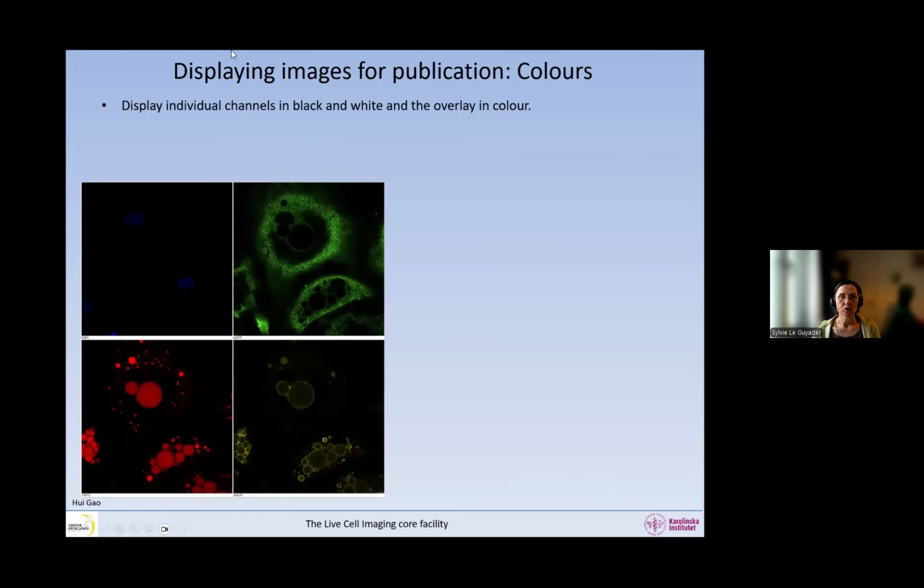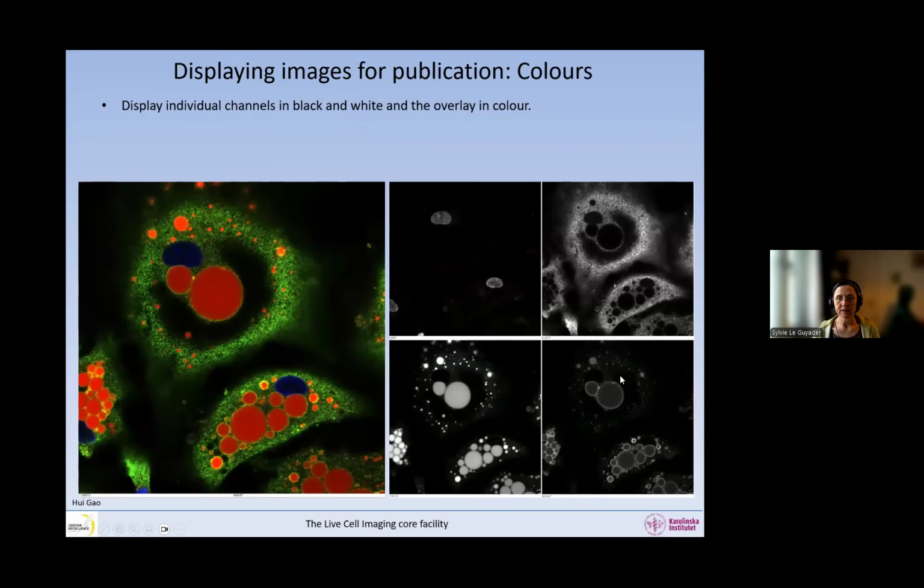So when it comes to displaying, I've said that before, display your channels in black and white. This is a lot more visible. We skip the color issue. And then there's the fact that our eyes are much better with green than other colors, so we have a bias in the colors. And also when you display your images, this is actually wrongly displayed, I must say, because the red should be magenta. And this is for people with color blindness. They would then be able to differentiate the green and the red.